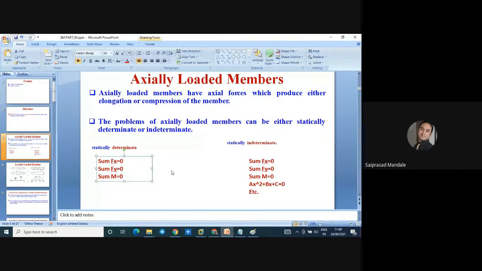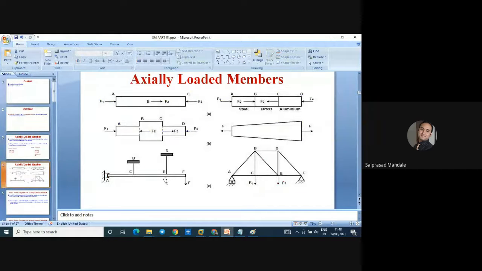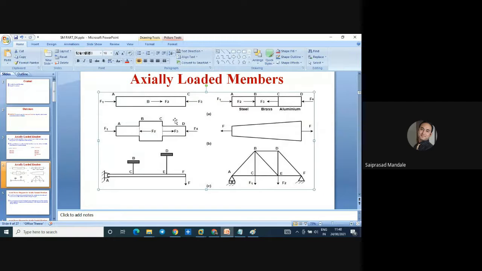So why is this required, or how do we calculate the load on the structural member, or how do we calculate the elongation and compression of the material due to the application of different forces? That we are going to look for. Which are the different elements that we are looking for? Four types of element, and maybe this type of numerical is not asked in the examination, but one, two, three, four, and five, these five types of numerical we are looking for.